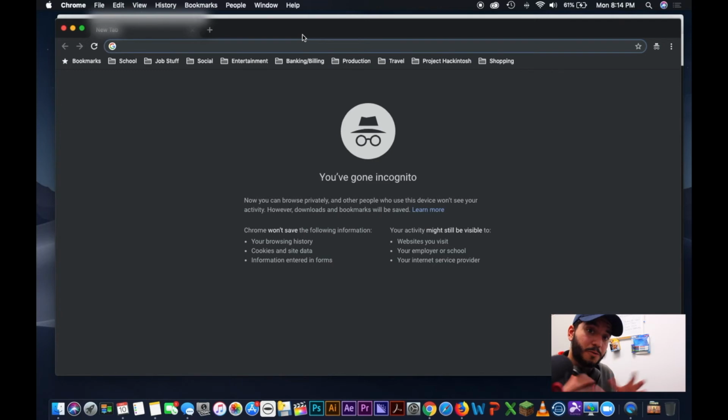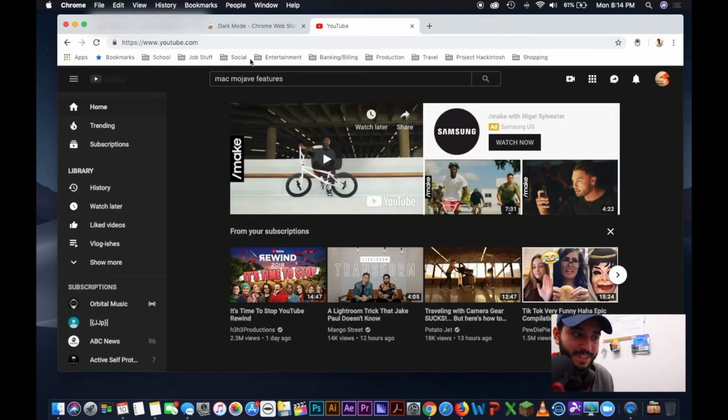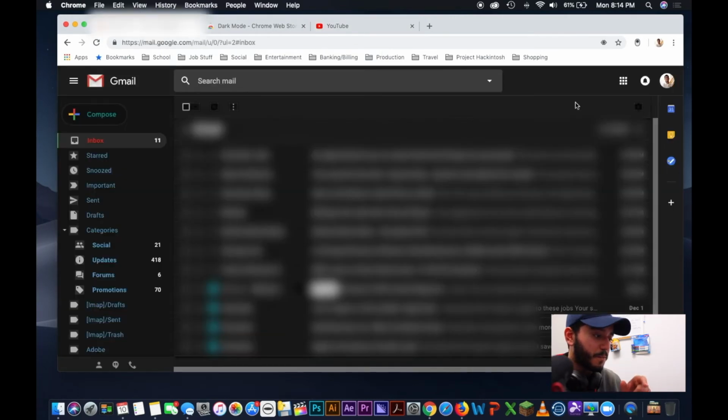But if you want a full dark mode, you could technically just download that extension and then always be in incognito. I don't want to do that, so right now I'm just going to go ahead and deal with what I got here. Another thing to mention is that in Gmail, you'll notice that it doesn't really look right with the actual extension,